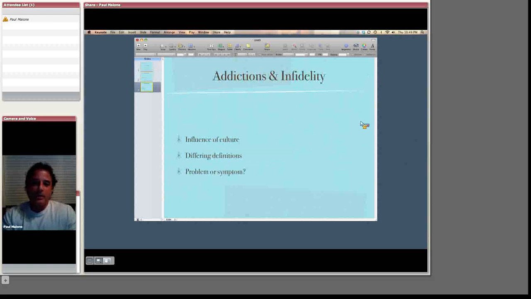We also talked about addictions and infidelity in this unit. And again, these are two areas. Let's look at addictions first. There are so many cultural ideas that are embedded within our cultural psyche about addictions. I'm sure that there are many of you that believe that an addiction is a disease. The disease model is very much steeped in our culture. For many, that is fact. For many of us, that is one possible discourse. It's a dominant discourse about addictions, but it's certainly not the only discourse.